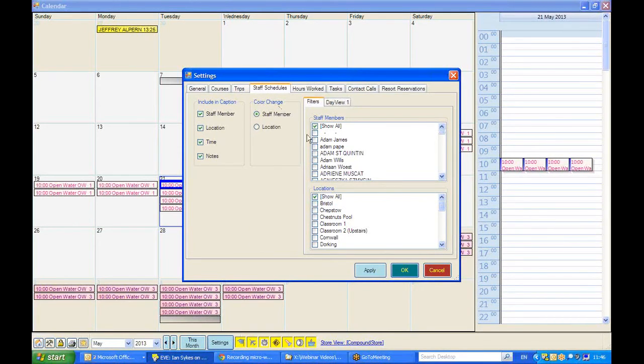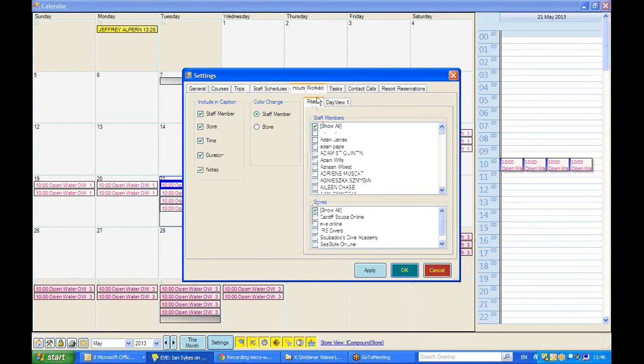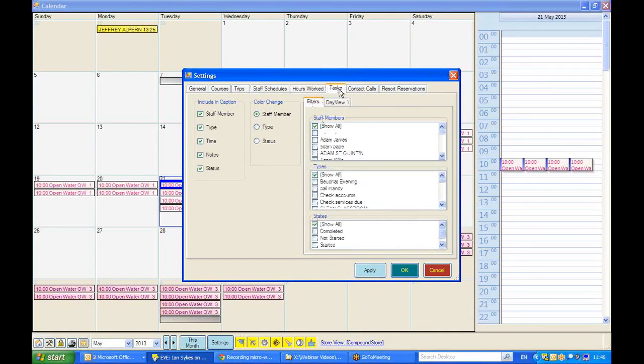Again, those same options are available with regard to staff schedules as to what you might wish to see, how to work the colour changes, and whether that information should be tightened down further by particular staff members and particular locations. And of course, those also apply for tasks, hours worked, and contact calls,